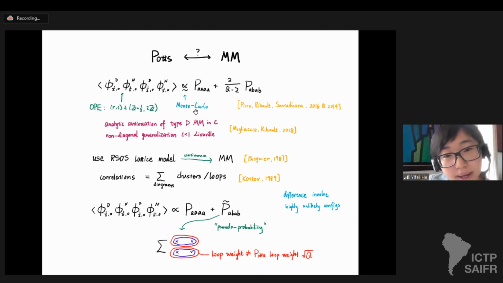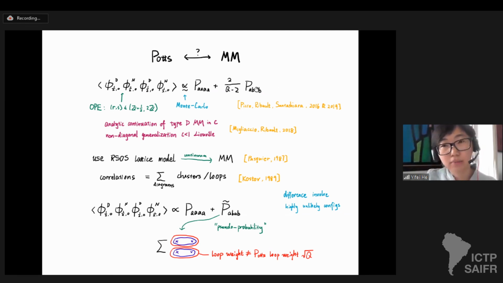And then by comparing with Monte Carlo simulation, they find that this gives a very good description of these combinations of the Potts probabilities. But then it was understood later that the 4-point function here is not the Potts 4-point function, but instead an analytic continuation of the type D minimal models to a generic value of central charge. Or one can think of it as a non-diagonal generalization of the c less than 1 Liouville theory. So it was quite curious why a 4-point function of an analytic continuation of minimal models can give a good description